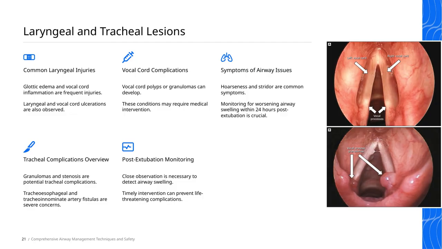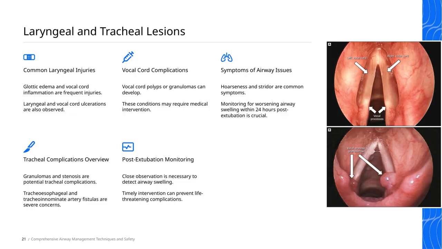In terms of tracheal complications, patients often present with symptoms like hoarseness and stridor. These are signs that the airway may be obstructed or inflamed. Within the first 24 hours after extubation, close monitoring for worsening swelling is crucial because early detection can facilitate prompt management. Moving on to airway symptoms, vocal cord polyps or granulomas can develop as a response to trauma or irritation